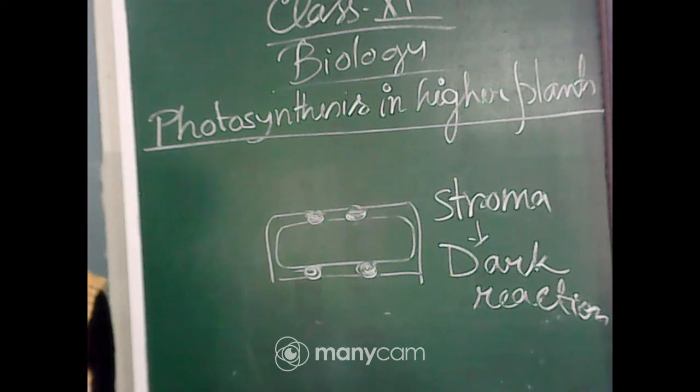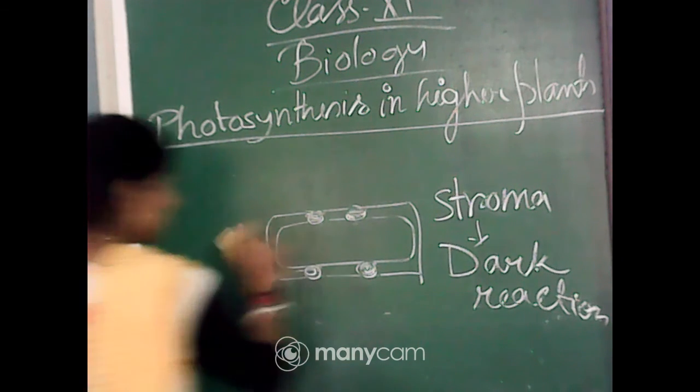Okay, so in that stroma, reduction of the carbon dioxide into carbohydrate will take place, which is considered as sugar. And that sugar will be converted into starch which can be used in future. So, the light reactions which are mainly directly light driven, and so let me write it down now.